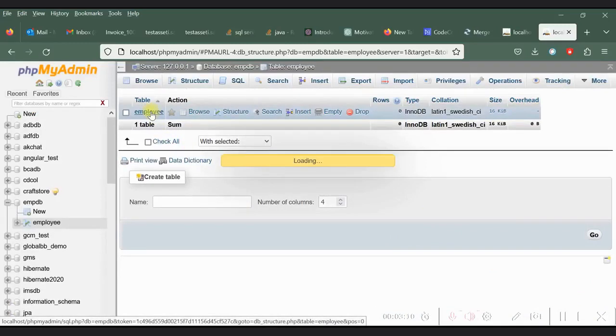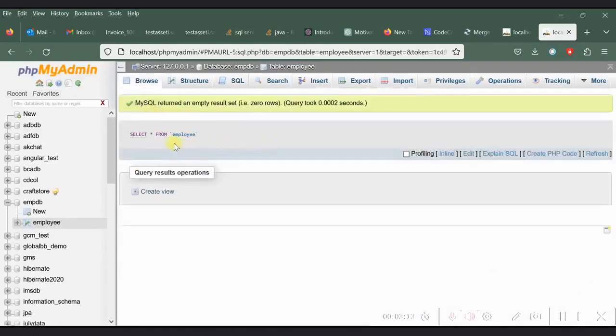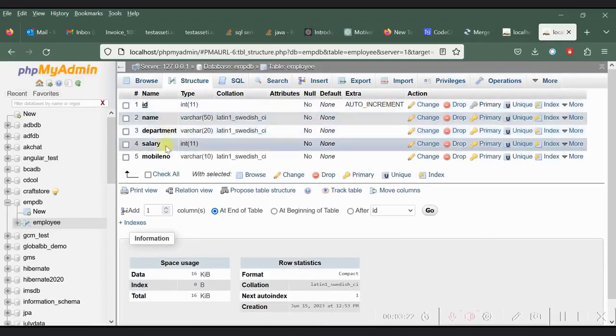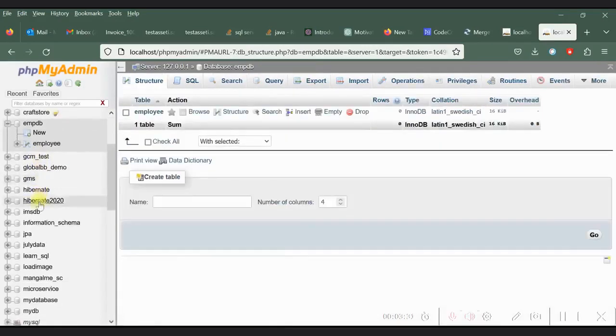So we are going to use this database empdb and the table name employee for our database connectivity with Java. I hope you understand how to download the XAMPP server and the installation process, and how to start it and how to create a database and tables in the XAMPP server. Your XAMPP server must be running with MySql and